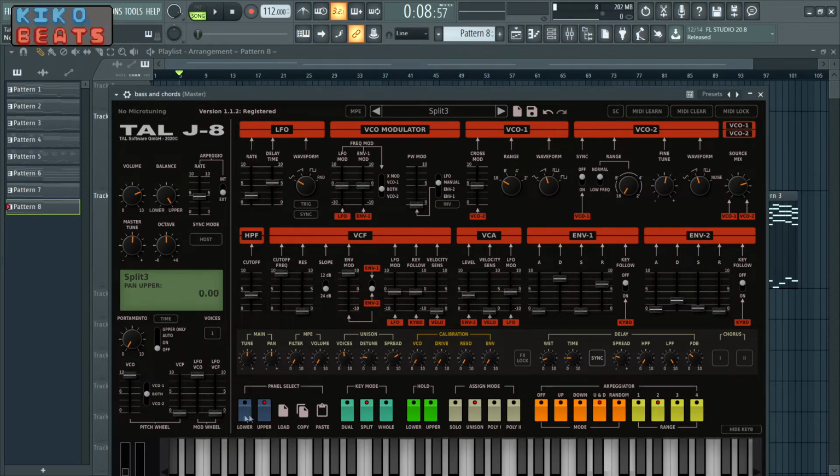So much so that for the lower patch, I actually adjusted the rate to be 8th note triplet, which is kind of interesting. It's funny how that works out. But anyway, this upper patch here, it's pretty simple. It's some cross mod business. And then just a normal waveform here. Sawtooth, and